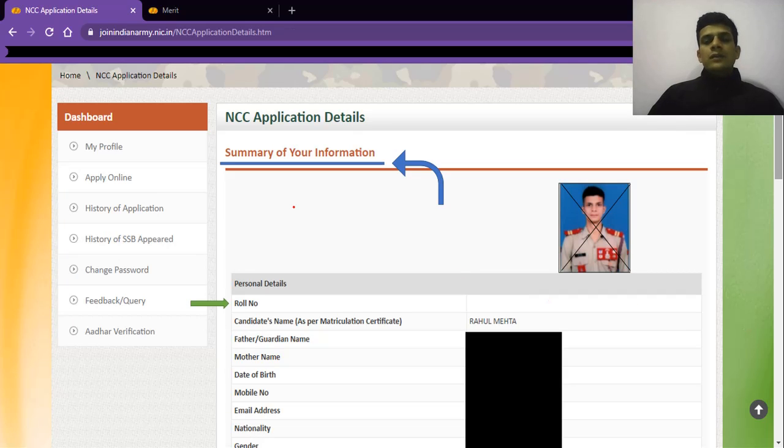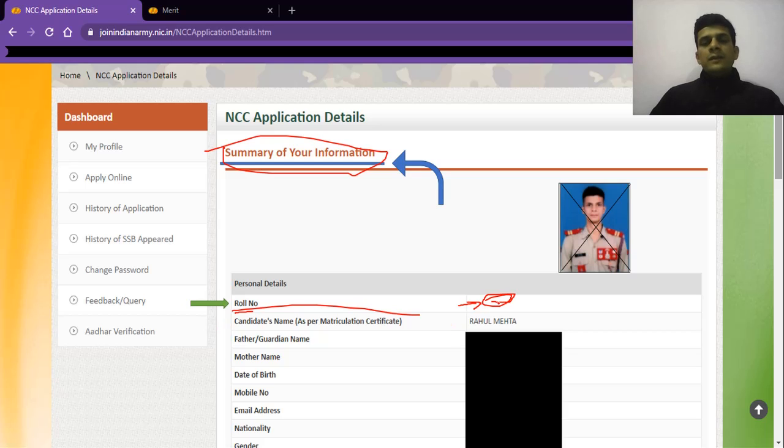Again, now your form is completely filled. Now it will show you the summary of your information, right? Whatever you have filled, all the details. Now the roll number column will be blank. It will be here after the application is closed, 30 minutes after that. I guess it is 16th of January for this time. And if you're watching this at a different time, then accordingly you can click it prior to this. So what all the details will be mentioned here, right?